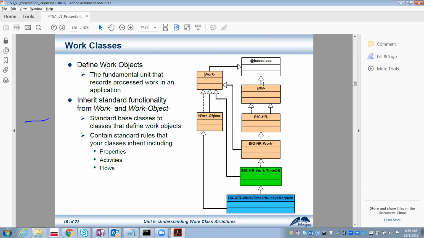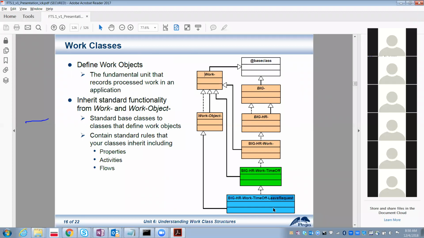I hope you are able to understand this class hierarchy. Big is an organization, which is the top level class for my organization. Under that, the HR department. Under that, I want to create various works, that is Time Off. Under Time Off, Leave Request. So if anybody wants to apply for leave, this Leave Request will be considered.